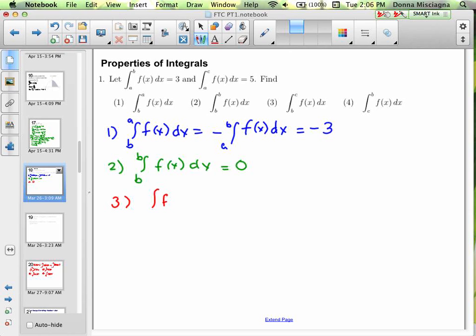Number 3. The integral of f of x dx from b to c. And let's see who does that match. Okay, so b to c. We have a to b. We have a to c. So if we took a to c, we don't want that much. We only want b to c. And we subtracted a to b,